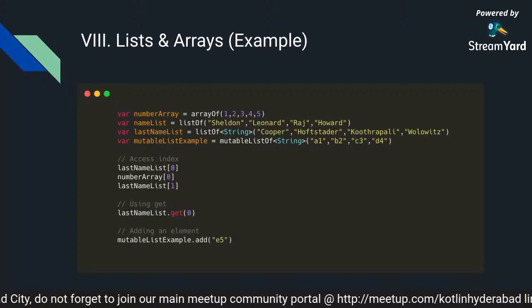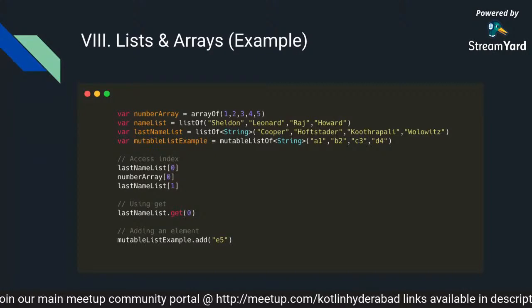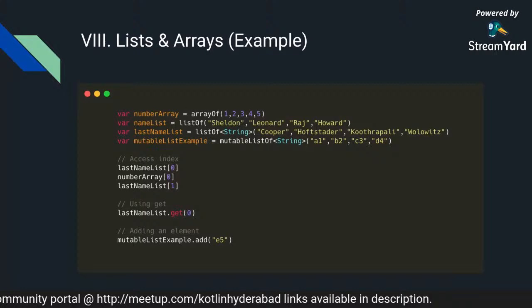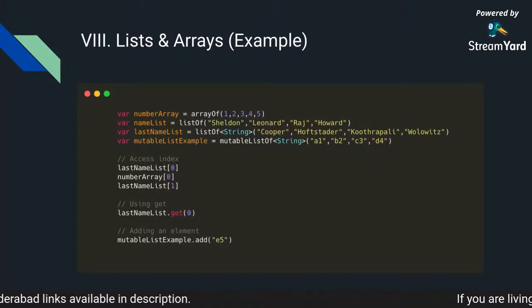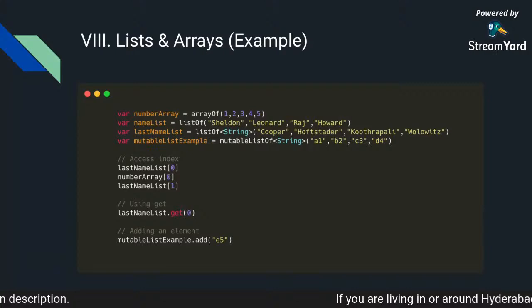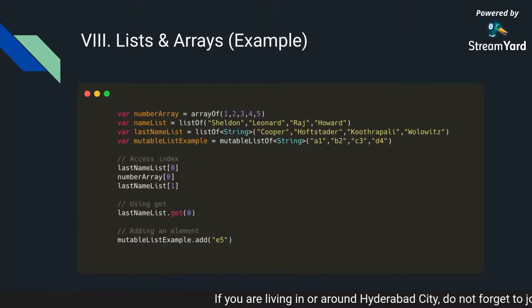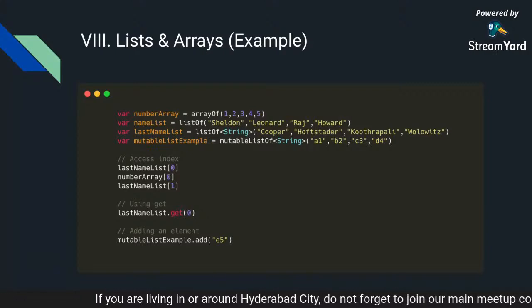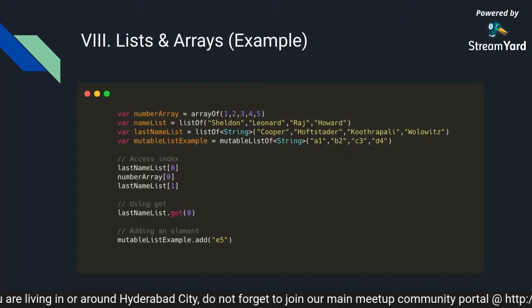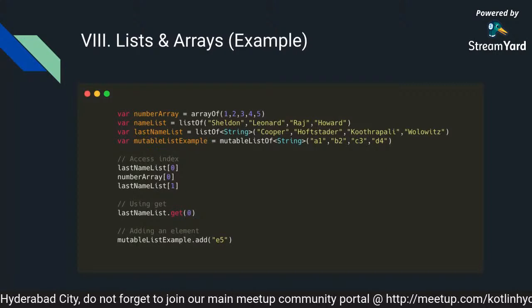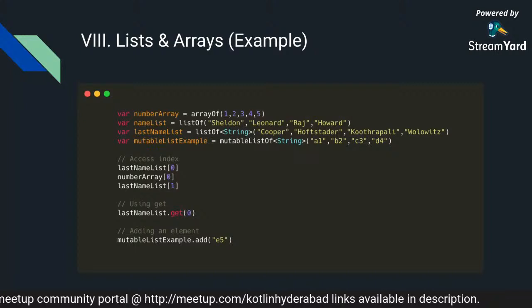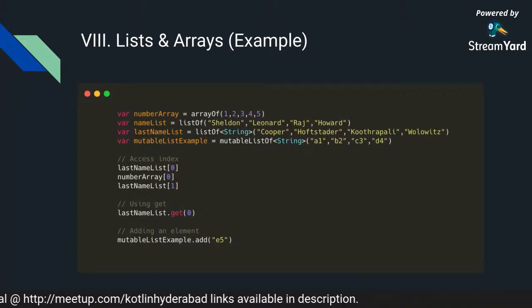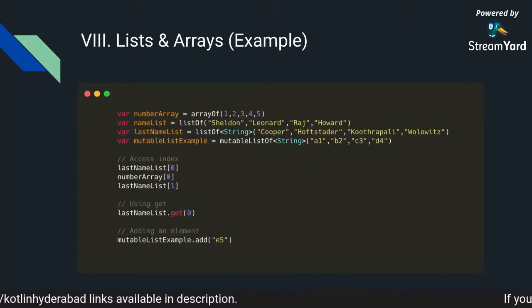Now let's say I want to access some of the elements in the list. I'm going to say last name list, and then it's going to take that element. We denote that by a square bracket over here, which will pick that from the index. There are two ways of accessing an element for a given index. One is using get, and another one is using the square brackets. The good practice is to use the square brackets. It just directly indexes and picks that element for you.